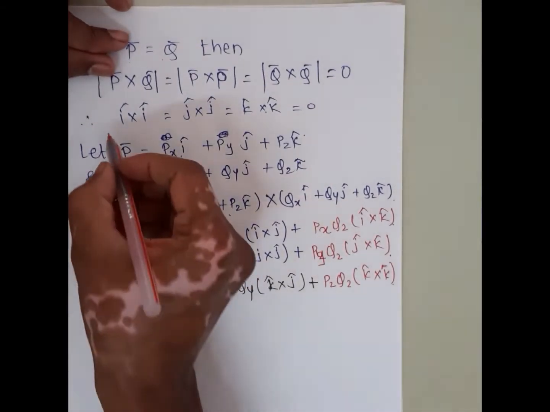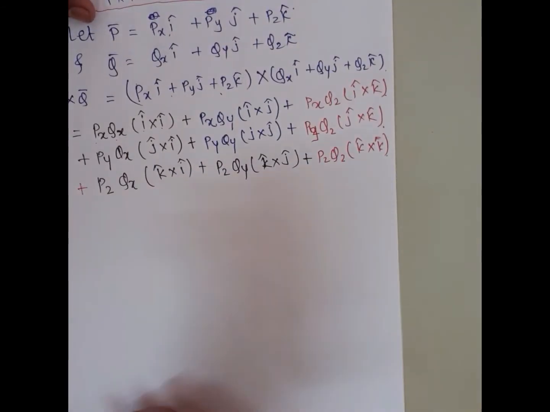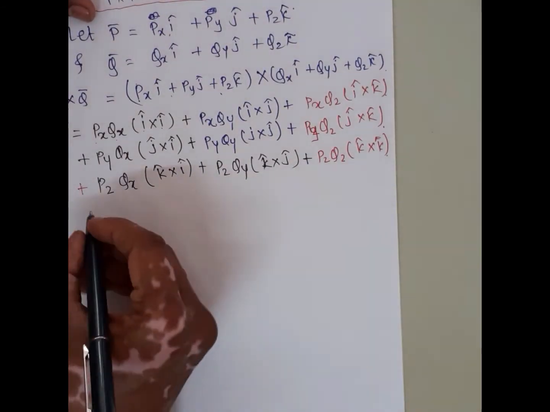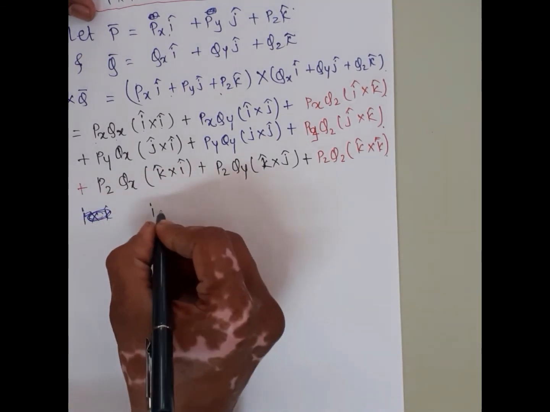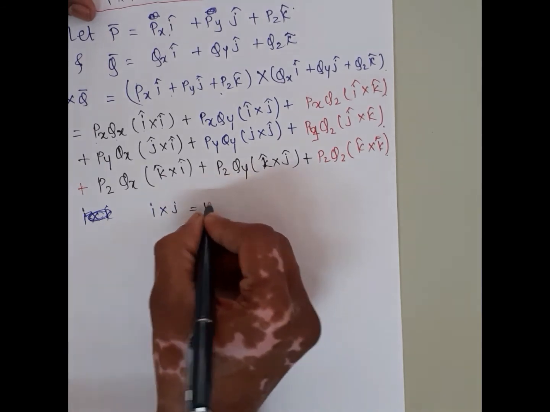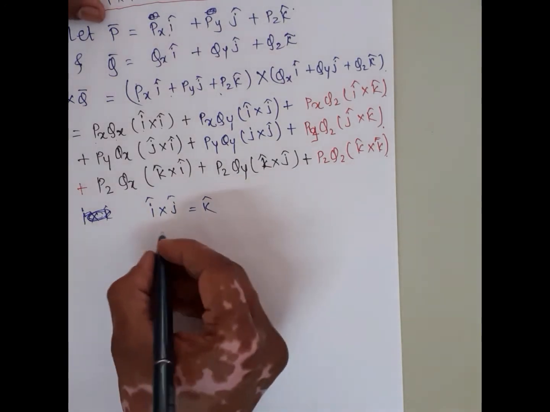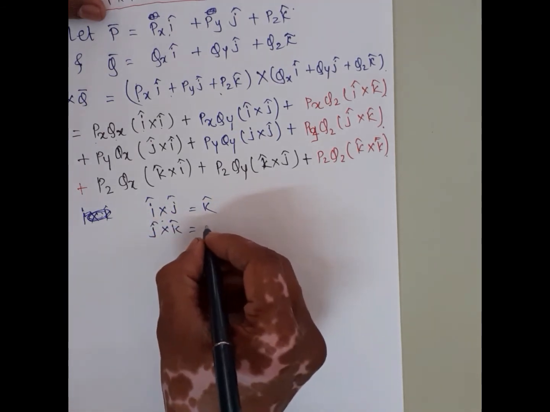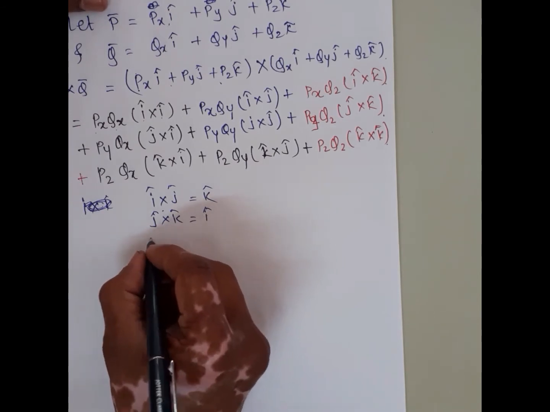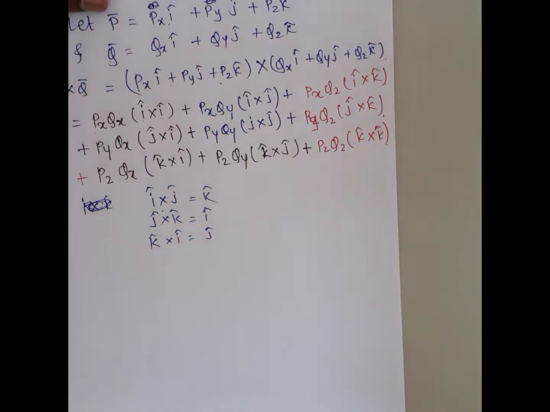I cross I, you know this, see these rules: I cross I, J cross J and K cross K are all 0, and according to the previous rule, see here, if you write I cross J, value is K, correct, then you write J cross K, value is I, and you write K cross I, value is J, because in one direction we go clockwise, we say like this.